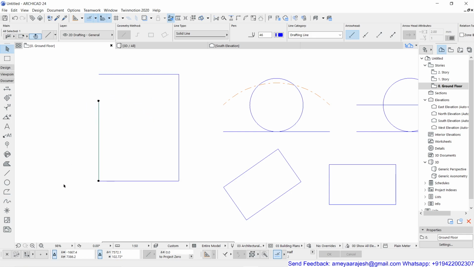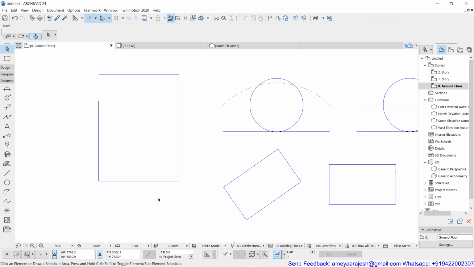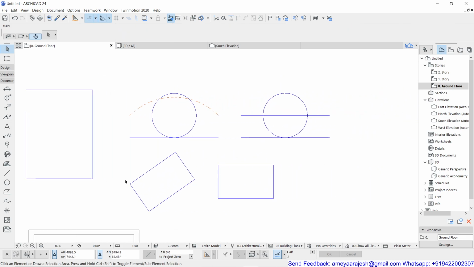Because last time I think I cancelled it, so just be careful about that. Anyway, now the object is rotated and it's copied, and you can see that the vertical line is already there. Obviously, you can intersect them and all those things to complete the rectangle if it is essential. So this is how your rotate was able to work.